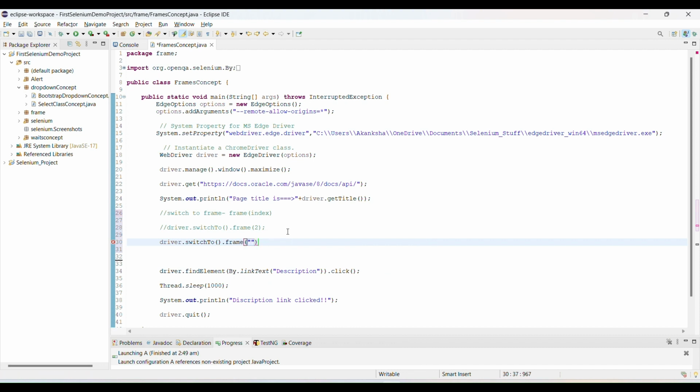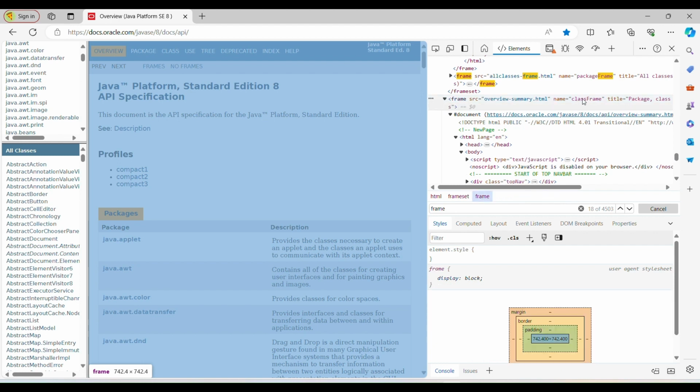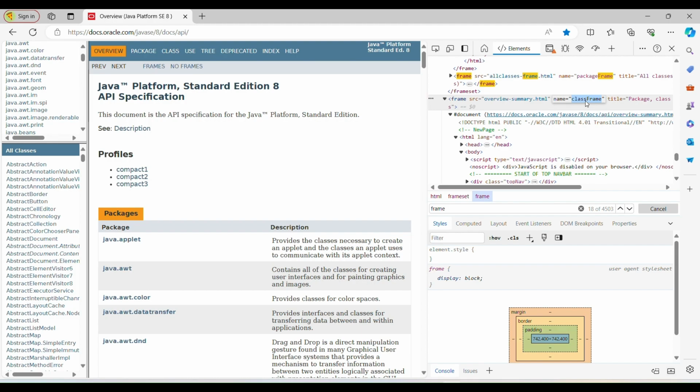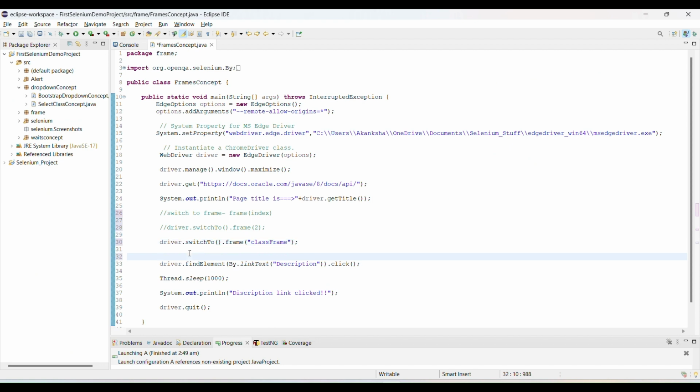If a frame name value is there, we can switch to the frame by using the name. So how are we going to do it? Simple, see here. Inside this we have the name attribute, or under the name attribute we have the value. So simply copy this name attribute value, pass it inside this method, and save this program.